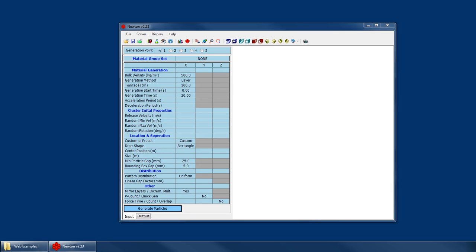I'm Mike Cruz with Ac-Tek, and in this tutorial I'm going to be showing you how to generate material for your Newton simulation. More specifically, I'm going to be talking about the material generation and location and separation sections on the generation page. The initial properties, distribution, and other sections I'm going to leave to the next tutorial because they're a little more complicated. To access the generation page, you click on the material generator button on the main button